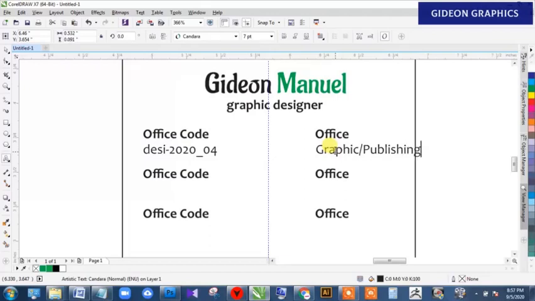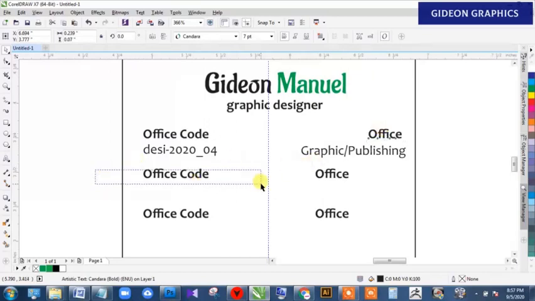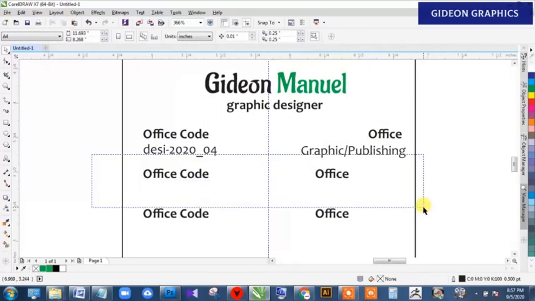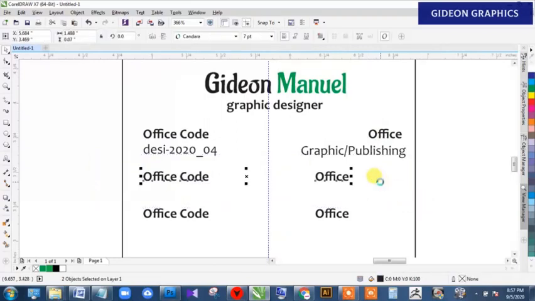Let's say that's the office this person belongs to. So I want to use this outline, this layout. So now the next thing I want to do is add my, let's say we have